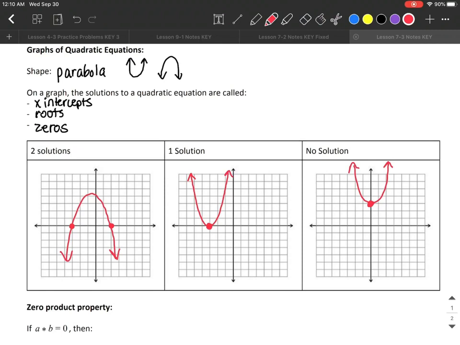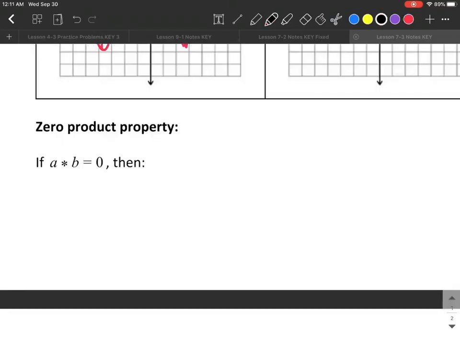All right, so those are what your graphs would look like for two solutions, one solution, no solution. Before we get into the steps of solving a quadratic equation, real quick, I want to remind you guys of